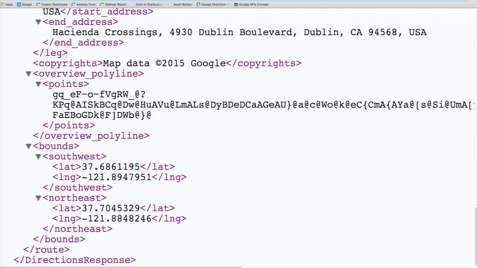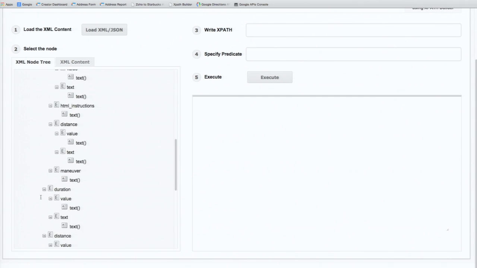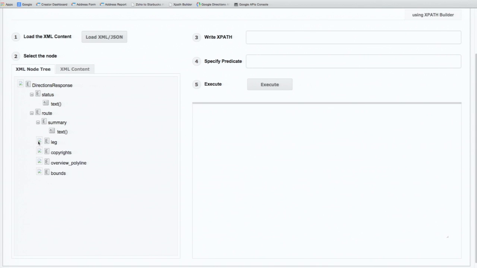So now we're in this leg tag, right? So we're in this leg tree. If I come over here, then this leg tree is pretty big. So under a leg is everything. It pulls it all up, right? So I'm digging in that leg one. Then there's 2 steps. One is you take a right on Hacienda, and then one is a right on Dublin Boulevard, right? So step 1 is the right on Hacienda, and step 2